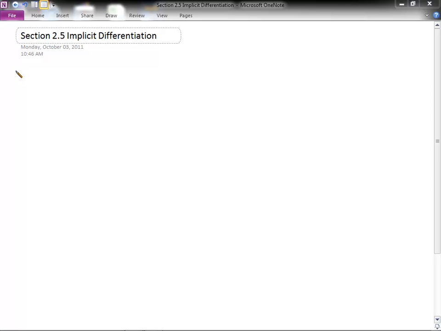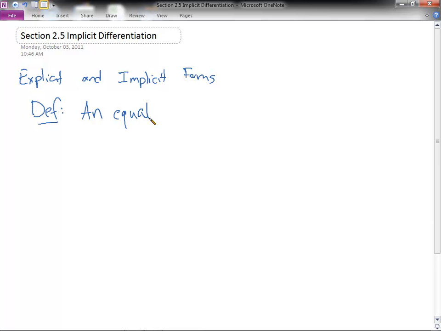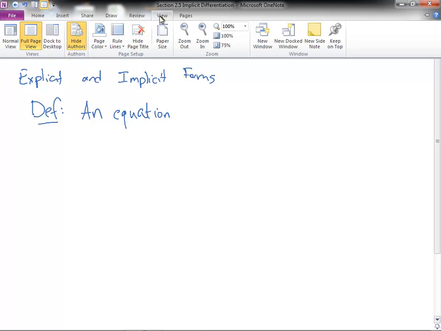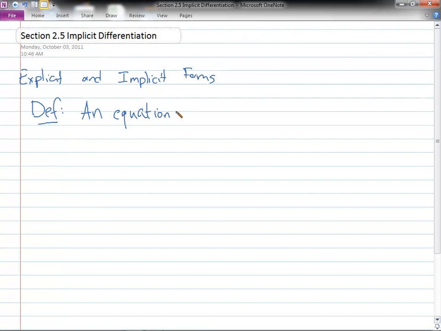So let's begin by putting in our notes the distinction between explicit and implicit forms. Okay? So definition. An equation, oh, you know what? I had lines on here last time I did this, and I think I really like those. Let me see if I can turn those on. There we go. An equation